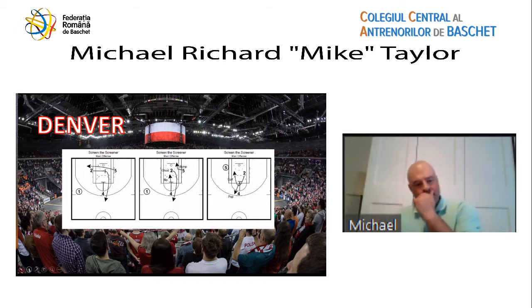So now we've got the basic screen the screener action. Again, hard to guard. As we set a good screen for our teammate to get open in the post, now we're receiving a screen. The better job we do screening, the better chance we have to get open. And again, in these last 2 blocks, we see 5 bumping the cut to the rim,